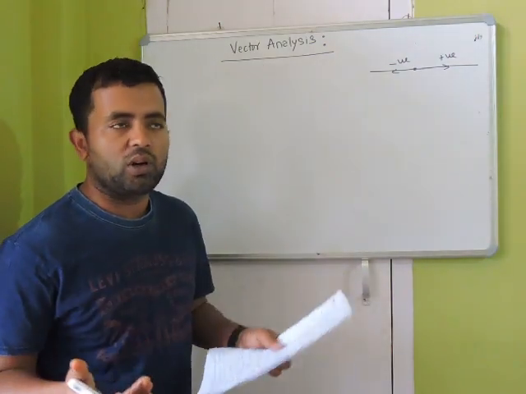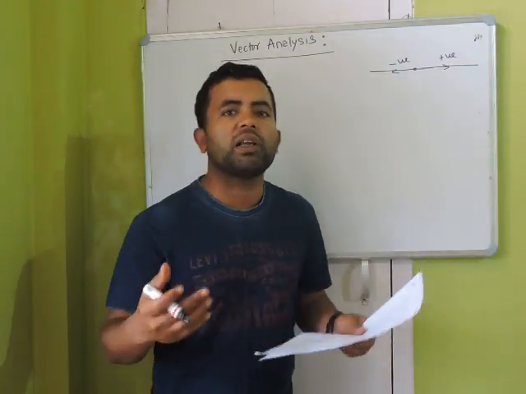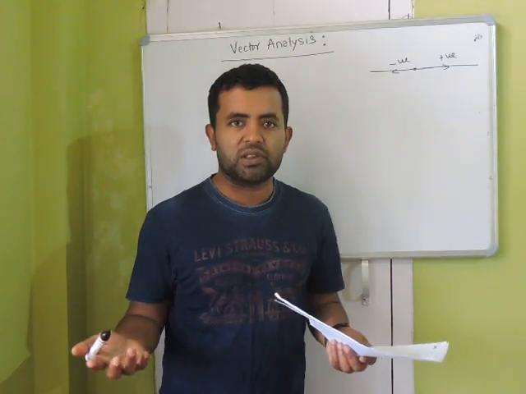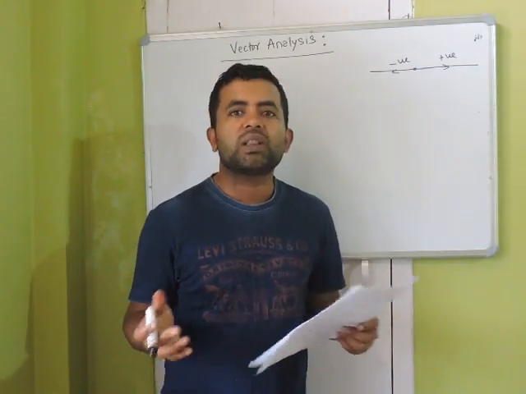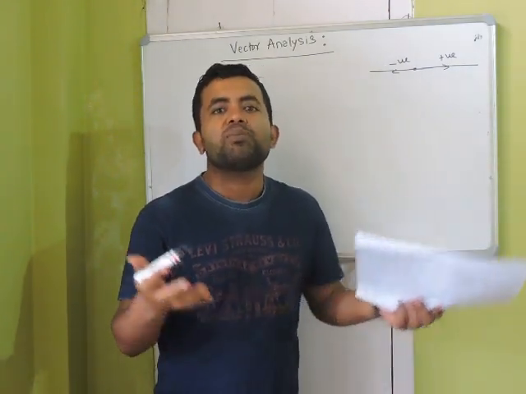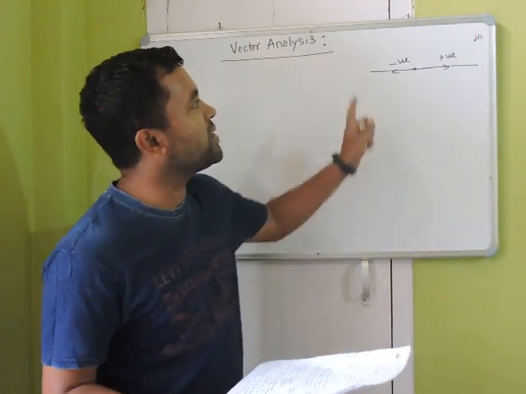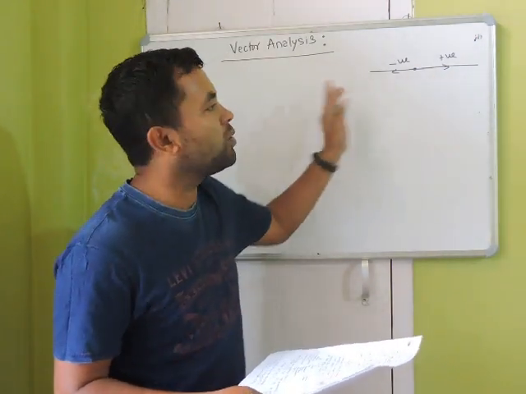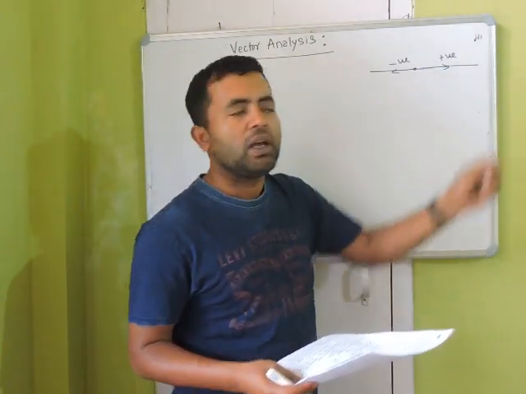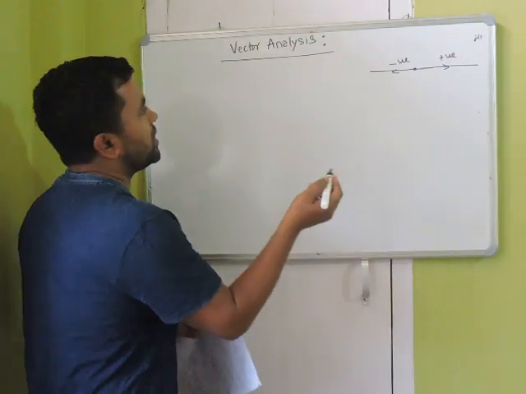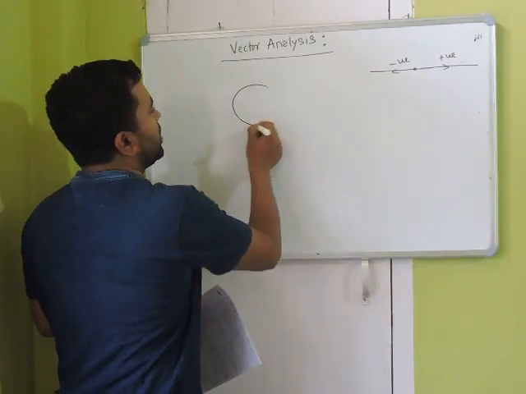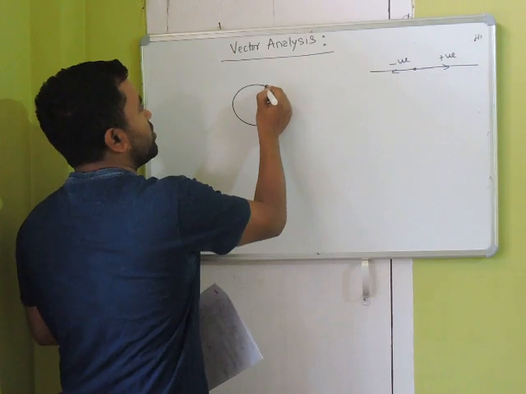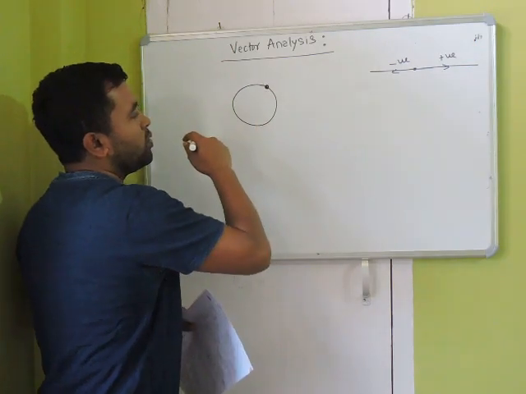But in the real world, a body or a particle moves in 2 or 3 dimensions, right? So in 2 or 3 dimensions, what are the possible paths? In one dimension, the particle is only allowed to move in a straight line. But in 2 dimensions, one example will be going in a circle, right? So a particle going in a circle is 2 dimensional.